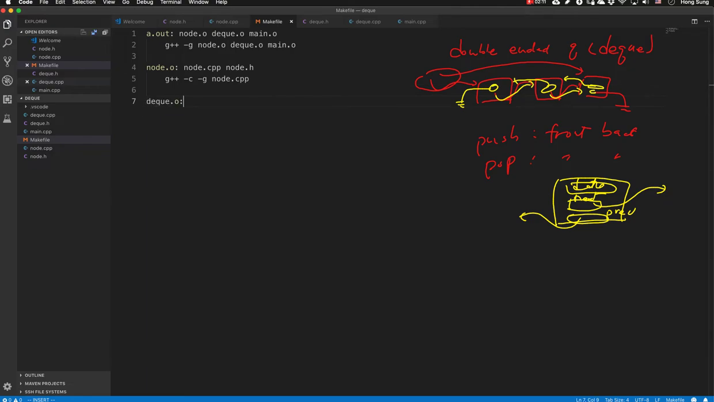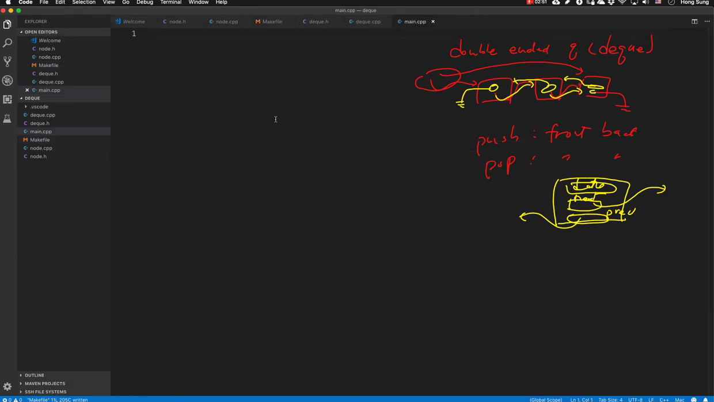And for deque.o, deque.cpp is compiled, but deque.h is included. Also, node.h will be needed. Compile only with the debugger symbol, deque.cpp. And for main.o, main.cpp will be compiled, but deque.h will be needed to use that. We haven't written deque or main yet, but from our previous experience, we understand that it's the dependency information. So when we actually write the code,